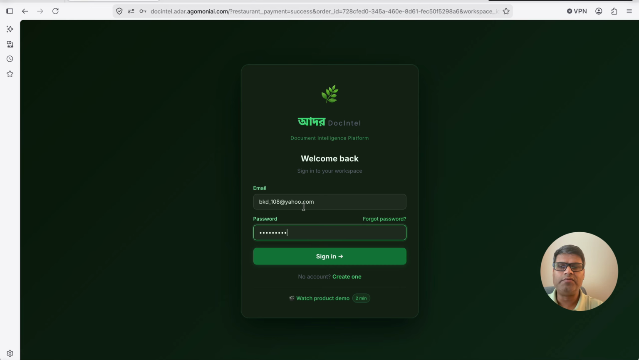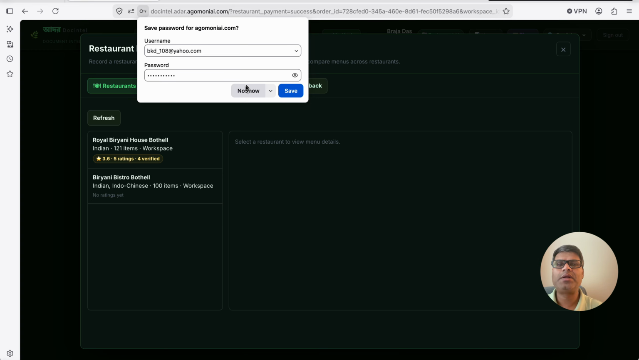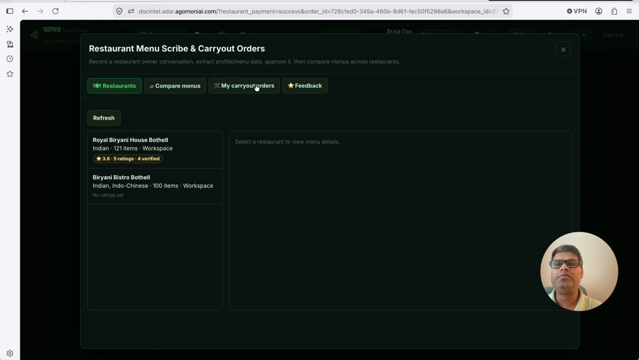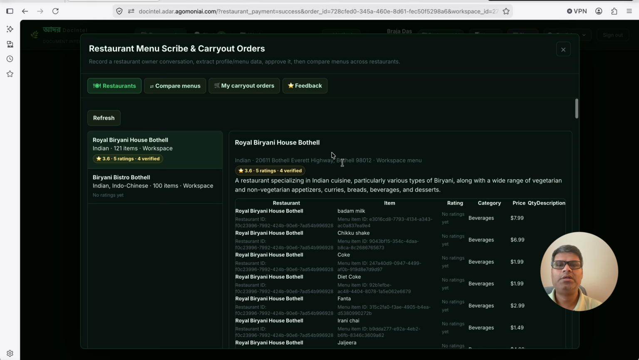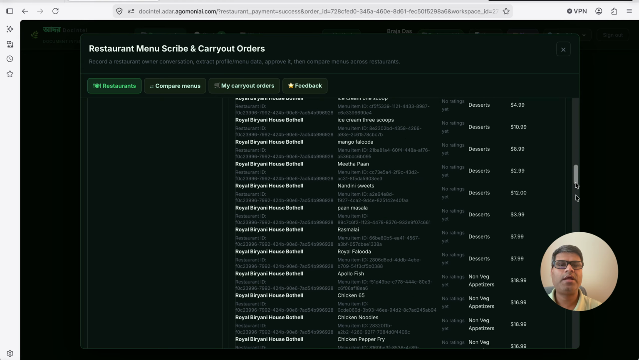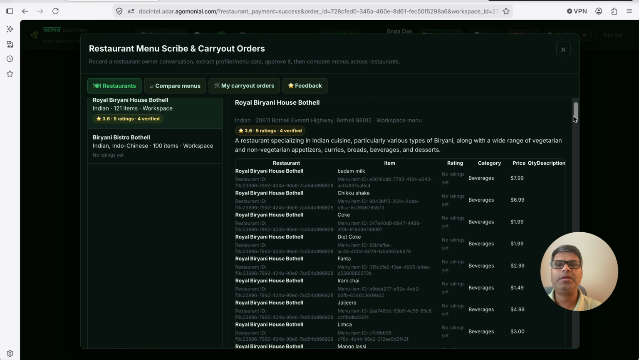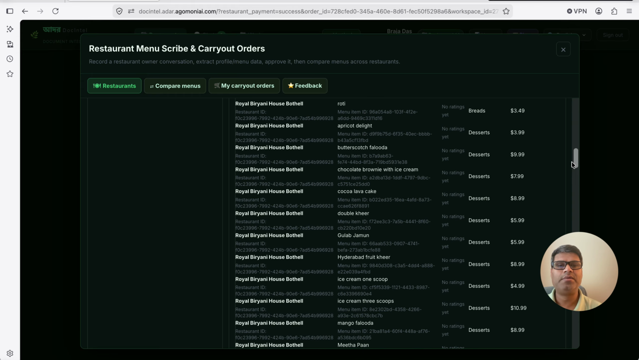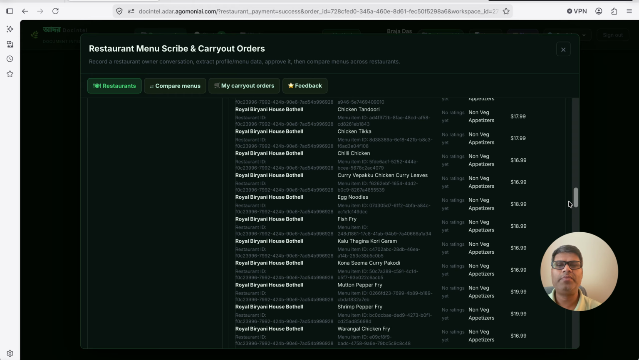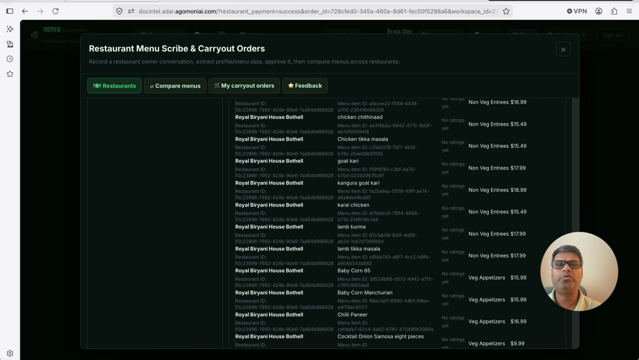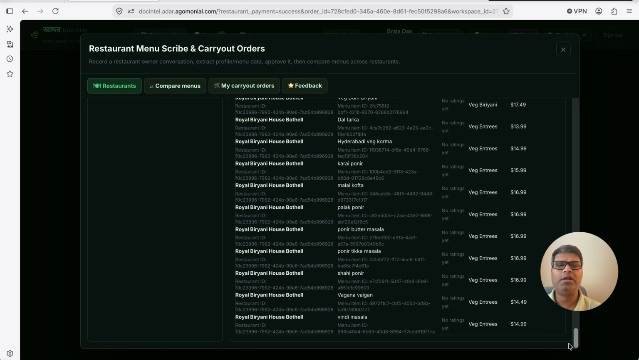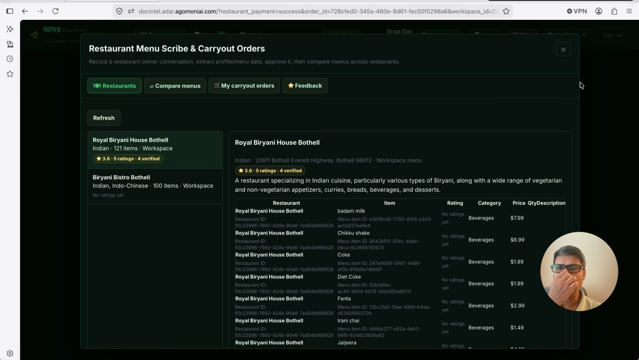I did mention the review process earlier. So the customer has an opportunity to put reviews in the menu, right? For example, Royal Biryani House has a restaurant-wise menu, and a customer can put a review on a certain item as well. I think I did cover it earlier, so I'm not going into that level of detail right now, but there's